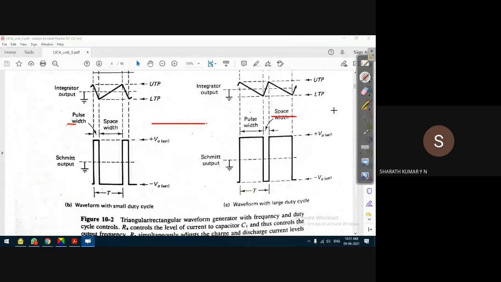See, this is what we ultimately want to implement. This pulse width can be maximum if the current is very small. If we design the circuit for a larger current, then this will be very small. We will not be able to achieve a larger pulse width, and our purpose will be defeated.